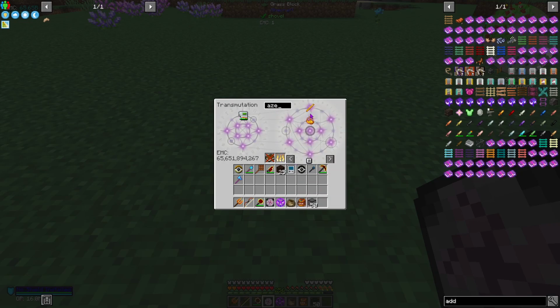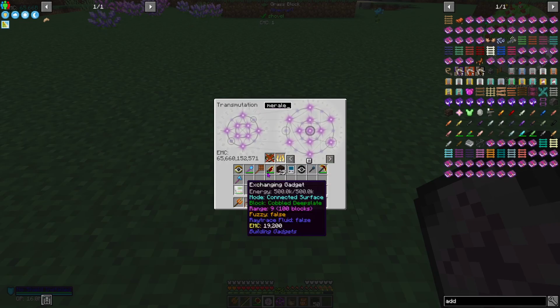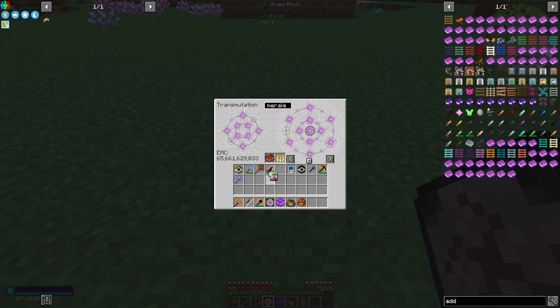so if we look at something like a blaze rod, it is 1500 EMC. So blaze rods themselves are actually pretty good, solid items. So are emerald blocks, they're way more. But emeralds themselves are right around 16,000, so they're not bad either. But there's our exchange gazette. Okay, so put this away. So anyways, so the first